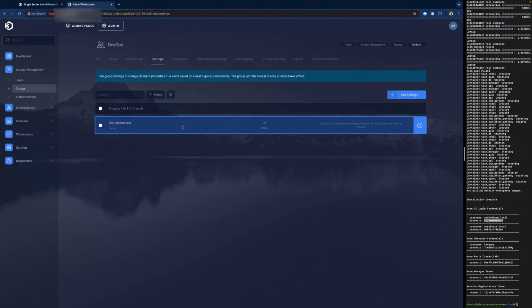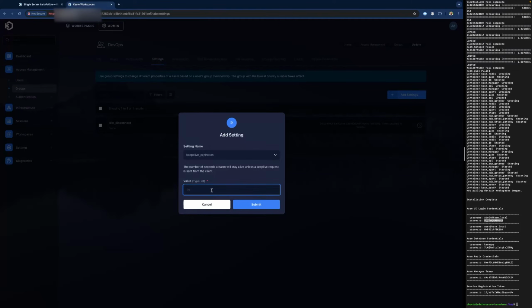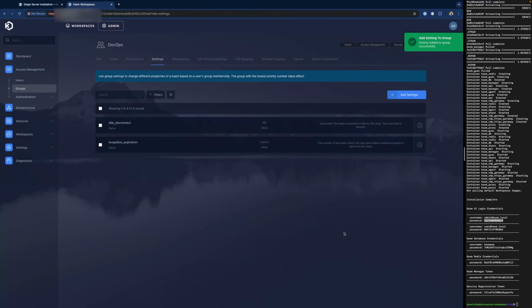And because we've set an idle disconnect to be higher than what we had in the all users group, we're going to go ahead and change our keep alive expiration. So we'll go back here, keep alive expiration. And because we have an idle disconnect at 3 hours, we don't want the session to expire until after that. And so I'll just go ahead and double it and say set expiration to 6 hours. Now again, this is one of these nuances. Expiration is inputted in seconds. And so for 6 hours, that value is 216,000 seconds. So we'll add that and submit.